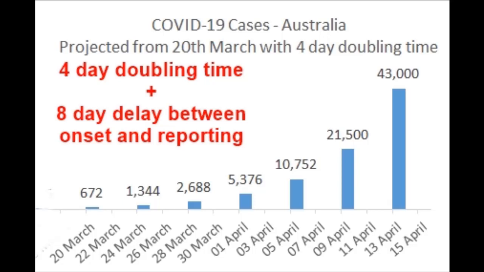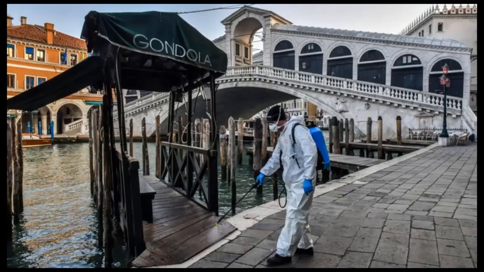But of course there's more than that because we're actually missing some cases, even though Australia has very good surveillance and much better surveillance than most other countries, perhaps apart from Singapore. We would be missing some, so it'll be even greater than that. And we know that we have better surveillance than Italy. For one thing, we're doing a lot more testing a lot earlier and looking for cases a lot harder. And when they had as many cases as we do now, they had more than double the deaths. And that's a really good way of telling how sensitive your surveillance system is.